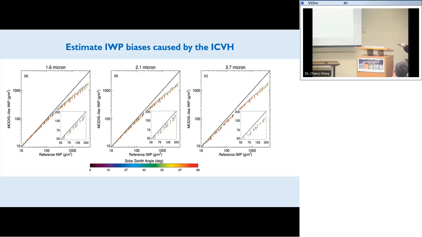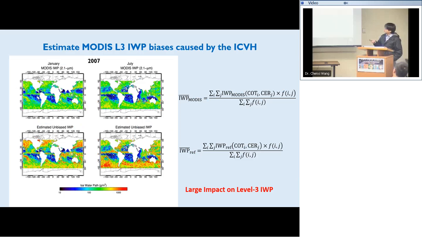So that's consistent with our previous sensitivity study. And the different colors here indicate different solar zenith angles. You can see that when you have a larger solar zenith angle, MODIS gets a larger bias for all three retrievals. So now with this relation, we can